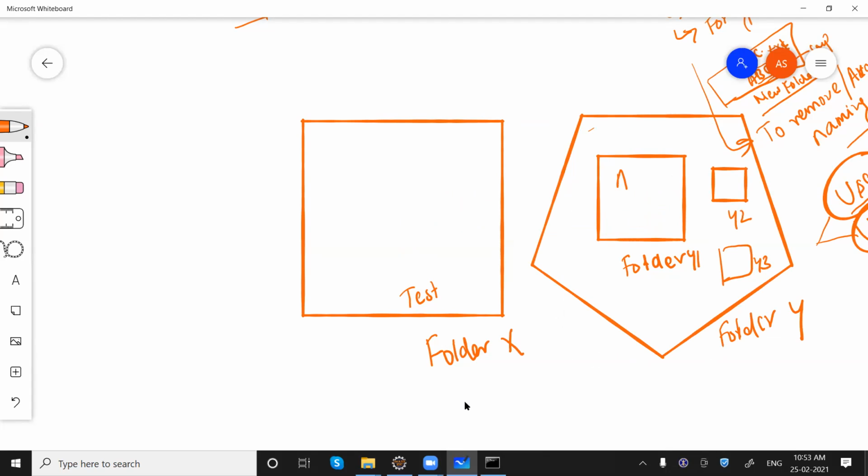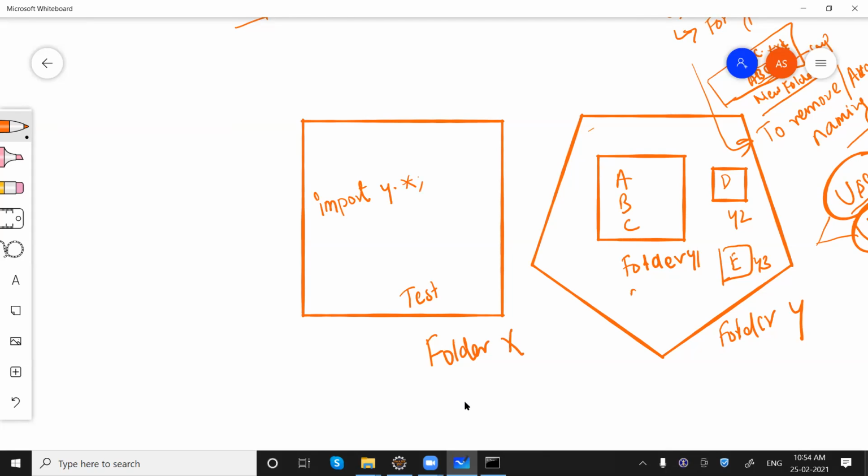Here we have classes A, B, and C. Here we have D. Here we have, let's say, E. When we say import Y.*, that means all the classes which are present here.